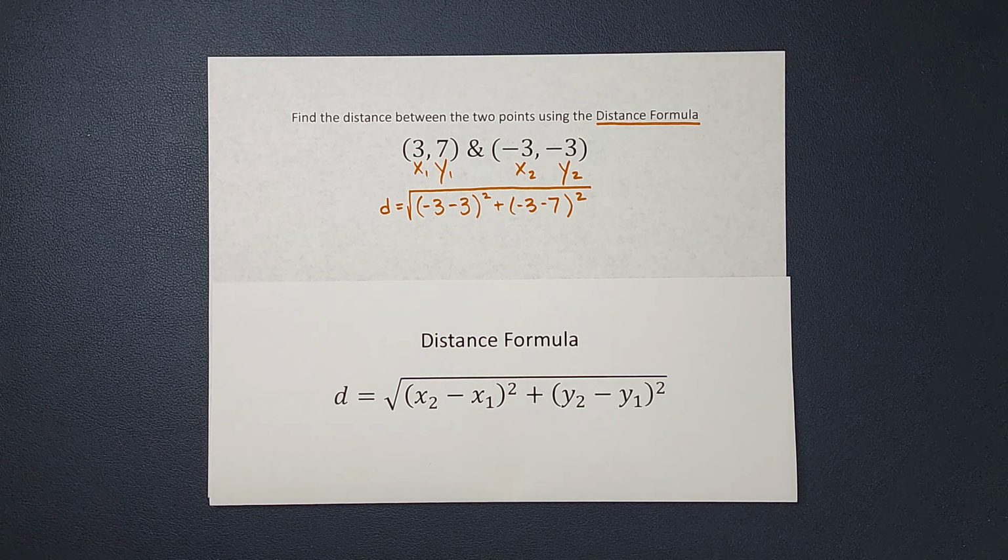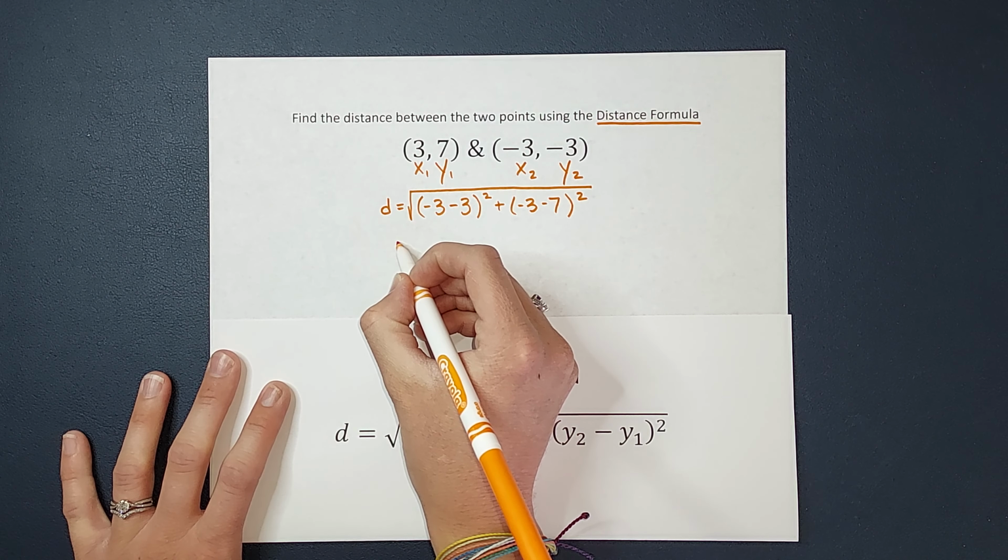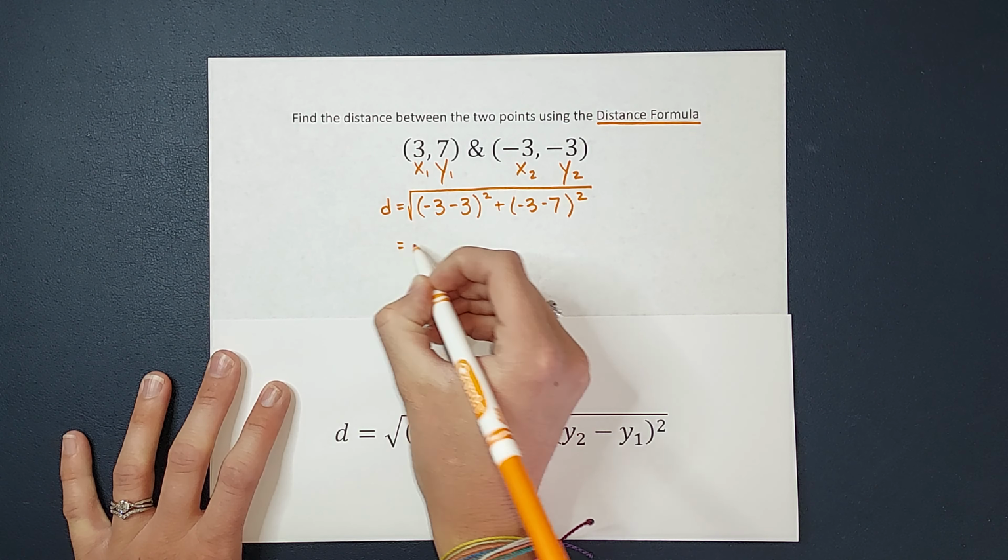Exciting, right? Now we're going to make it look a little less scary. So let's break it down a little bit. -3 minus 3, that's like I owe you $3. And then I'm like, I'm so sorry, I got to borrow $3 more. So now I owe you $6, right? -6. We are still squaring that,